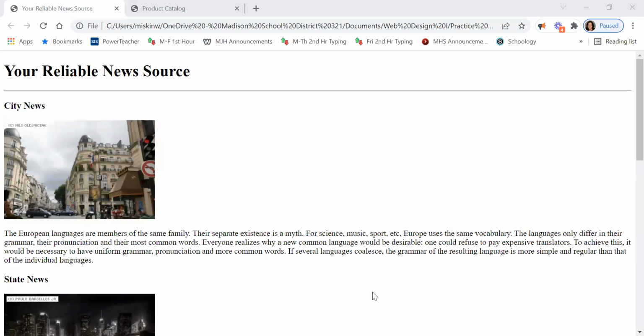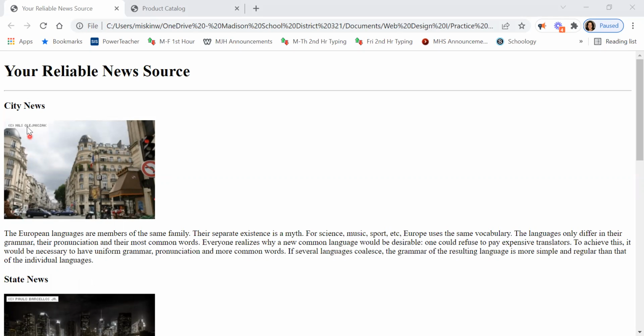Okay, so right here, we've got a page again. We've got a title up here in the tab, an H1, and you can put whatever text you like in it. If you want to have your name, news source, something creative, that's fine too. So you'll have an H1 at the top, and then a horizontal rule underneath it, then a smaller heading in this little news section here. I would probably use an H3 in this instance, and then an image of whatever you would like, and a